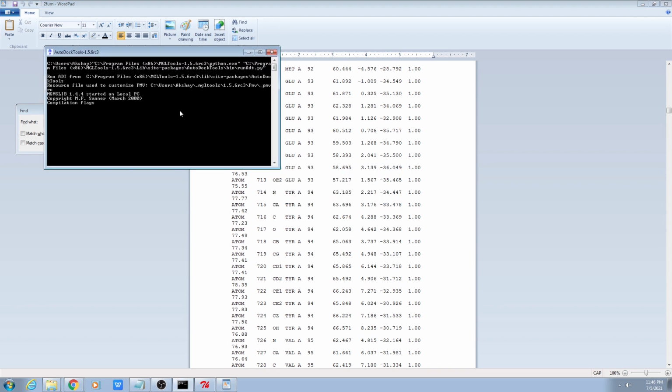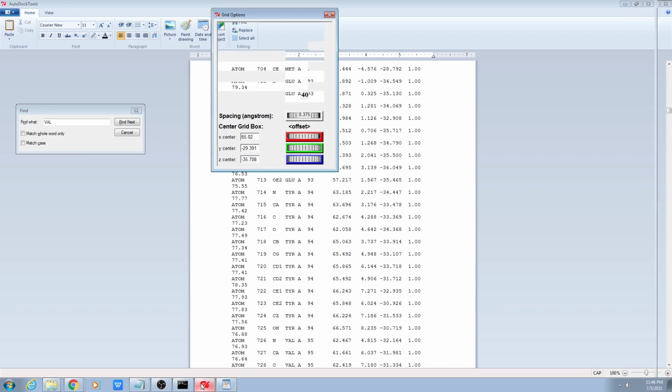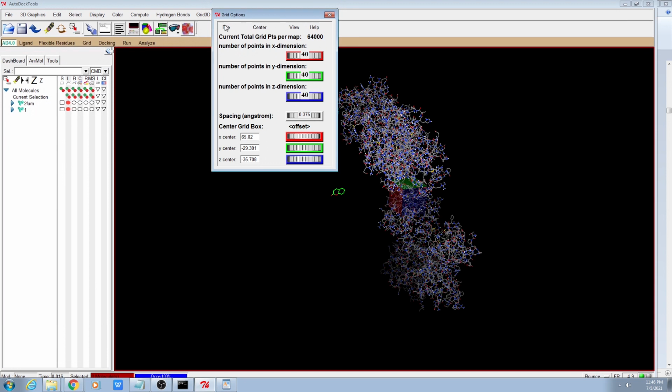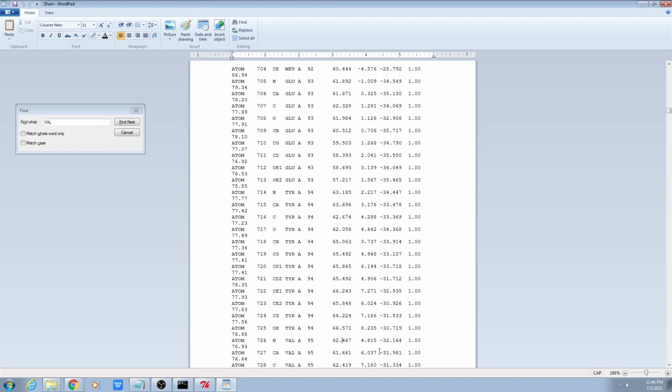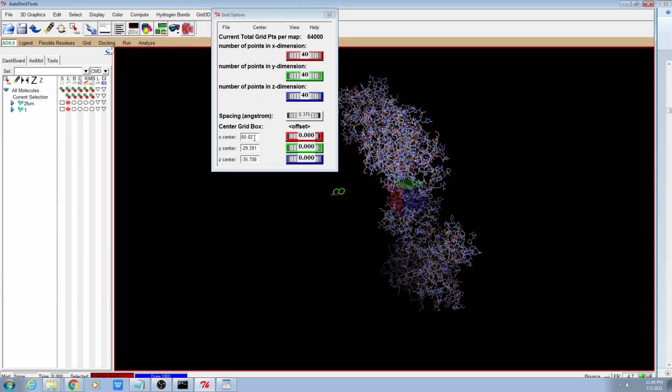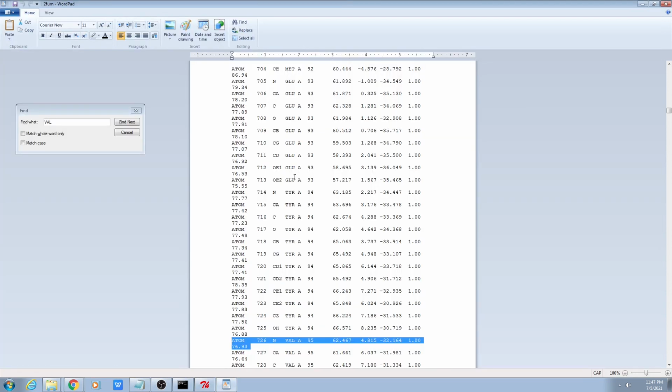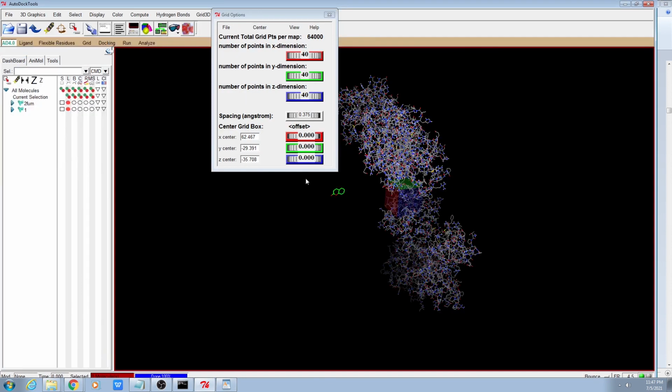So I put all these coordinates over there. We go back to our docking window. In this we go to Grid Box, Pick an Atom, Center, and it will be 0 0 0. My x coordinate for valine 95 is 62.467. My y position is 4.815.